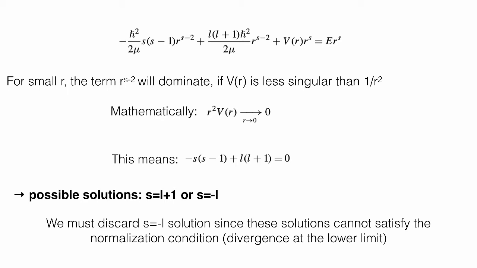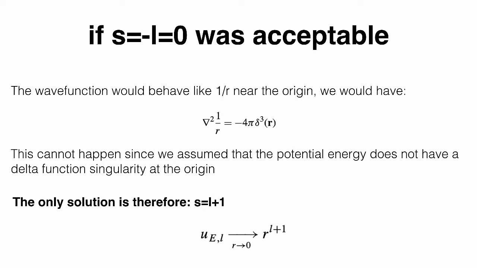Sometimes people have trouble. They say, well, what about the solution s equals 0? I should be able to normalize things if s equals 0. So the situation there, we might not have to discard s equals 0, which would be a solution here. Well, it turns out we cannot. We can show that if the wave function behaved like 1 over r near the origin, we would find that the